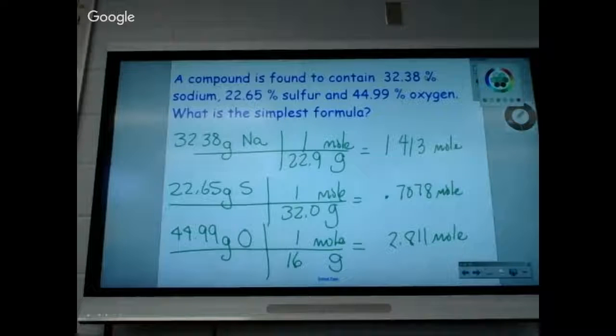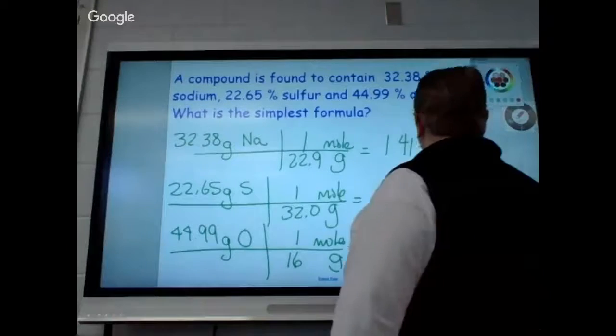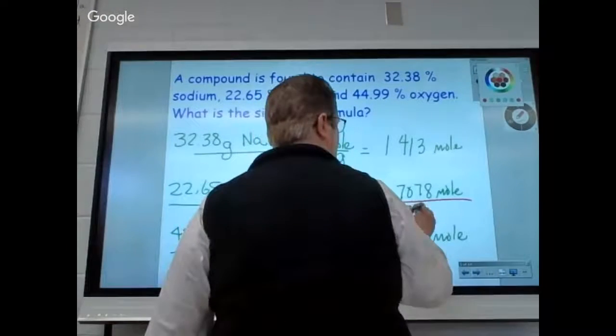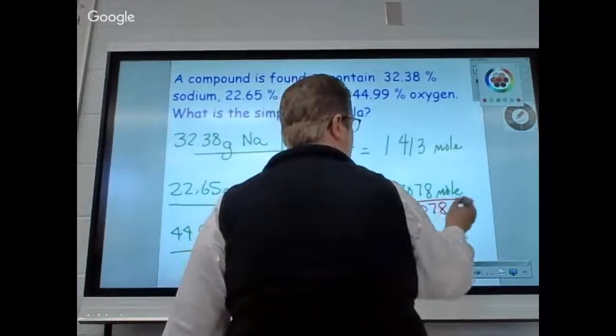Step 3 said to do what? Divide by the smallest. All right, so now you have to find the smallest number. Which one's the smallest? All right, we're going to divide it by itself. So 0.7078 divided by 0.7078 is